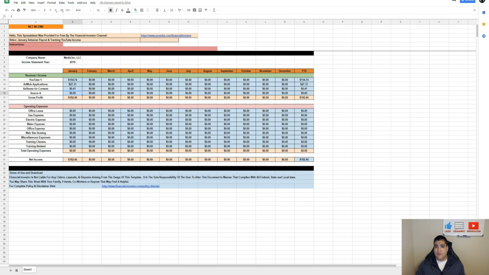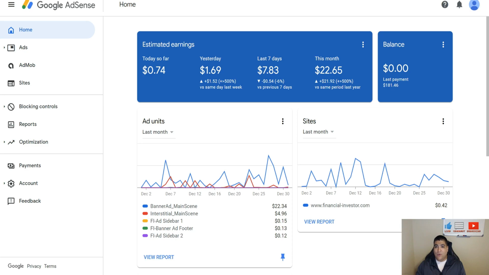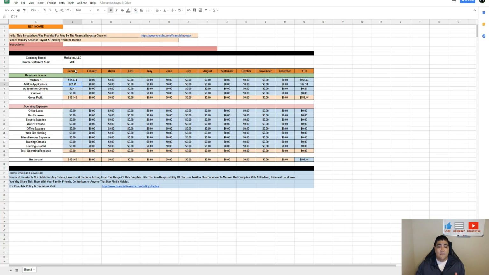$182.46. So I believe something is a little off there. I'm going to go ahead and move this off to the side so I can look at my numbers. Oh, I put in an extra dollar here. So $153.74, 41 cents, and $27.31, which now totals what we had here, 181.46. So our income for January in 2019 was